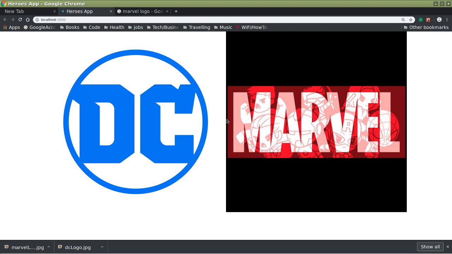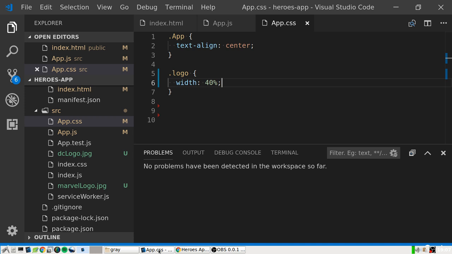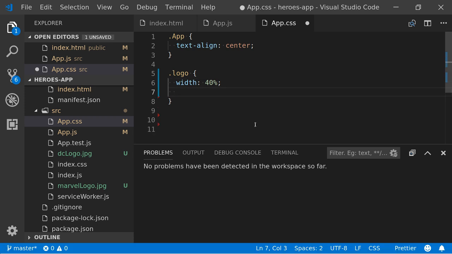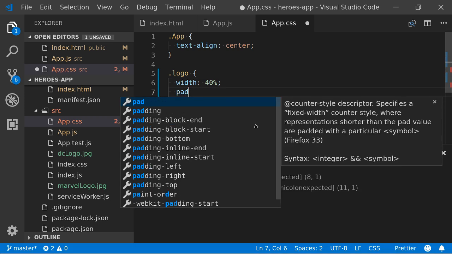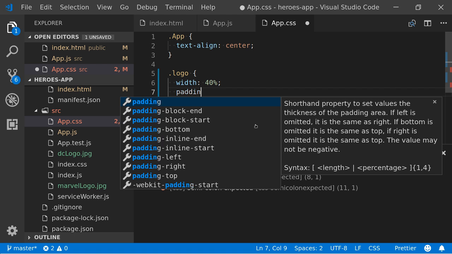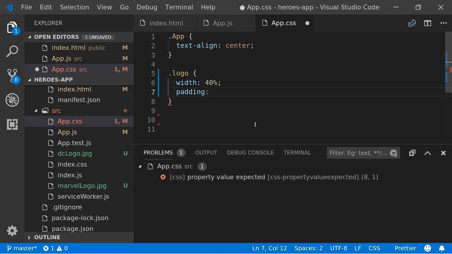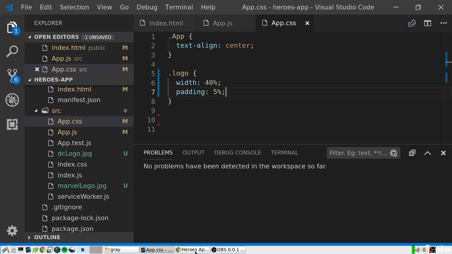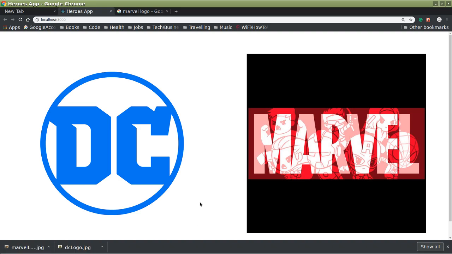Maybe you want a gap between them. How can we put a gap between them? Bit of padding. What sort of padding do we want? Doesn't matter, just make it up and see what it looks like. 5%? See what 5% does, okay. Yeah, doesn't look too bad.